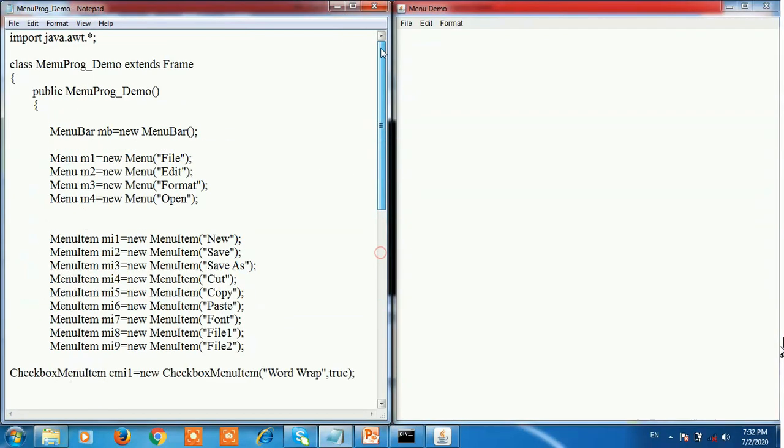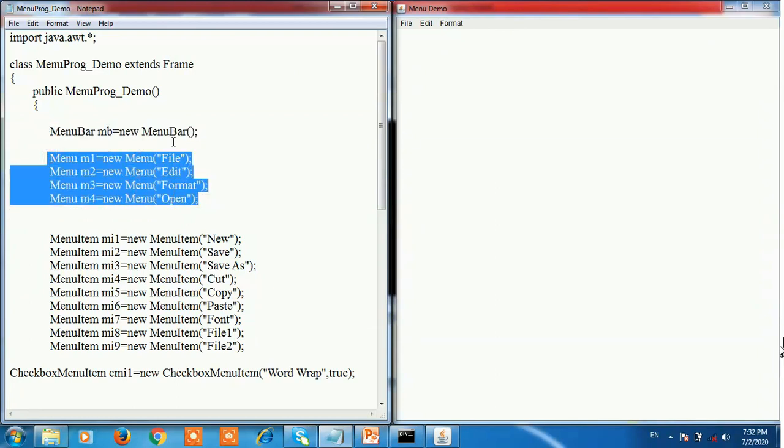See here, first we create a menu bar. So in the output window, it is nothing but the menu bar. Now next, here the menus are File, Edit, Format. See here, these are the menus File, Edit and Format. It is nothing but the menu, and this bar is the menu bar.